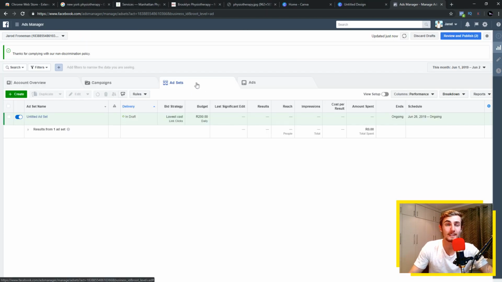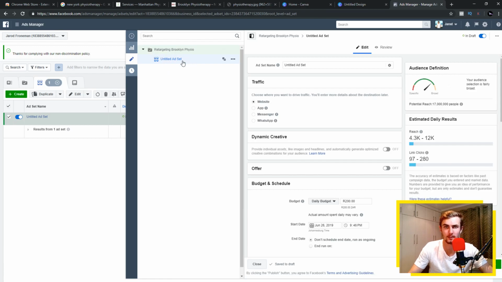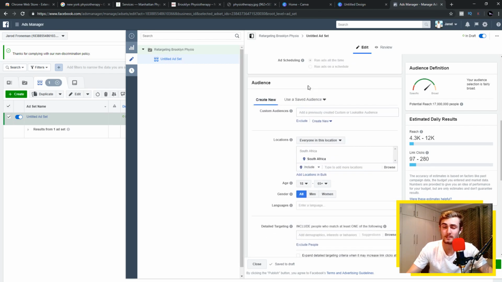And you'll see underneath the ad sets tabs, you will see the name of your ad set, and you want to click on the view charts button where it will pop up with the different charts. You can click on the left tab here, untitled ad set, that's just the name of this ad set, and you will see there is traffic, dynamic creative, offer, the budget and schedule, your audience, and this is where it's important. And you'll see under the audience tab there is a custom audiences section, and what you want to do